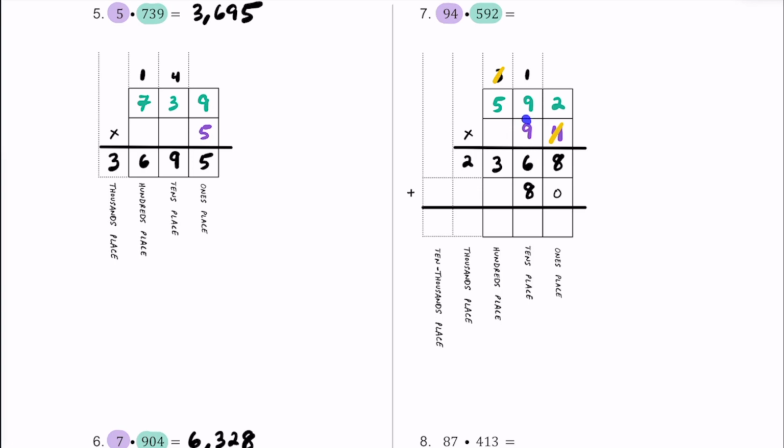tens place. Then we have 9 times 9. That's going to be 81. Plus 1 is 82. We'll put the 2 and then carry the 8 into the hundreds place. And then finally, 9 times 5 is going to be 45. 45 plus 8 is going to be 53. So we'll put the 3 and then the 5, and that's going to be in the thousands and the 10,000s